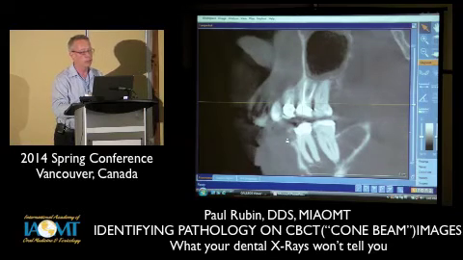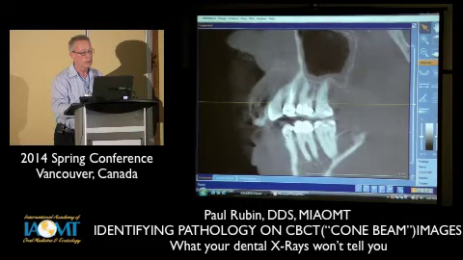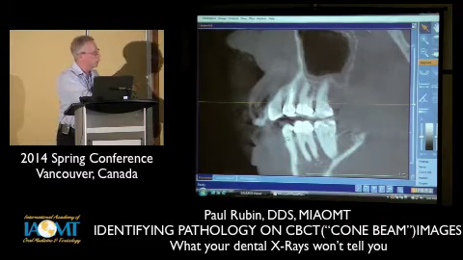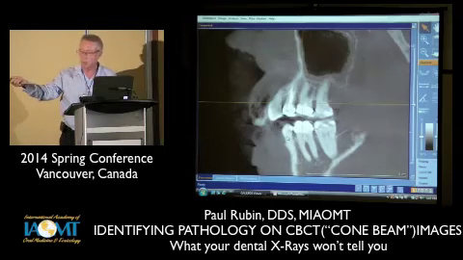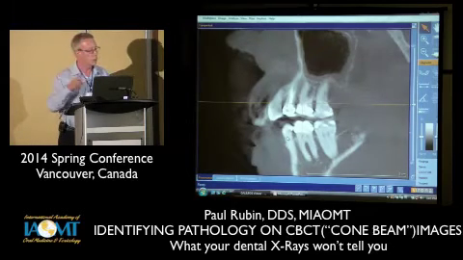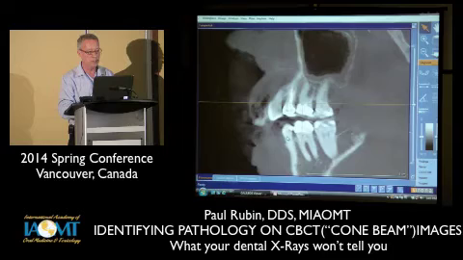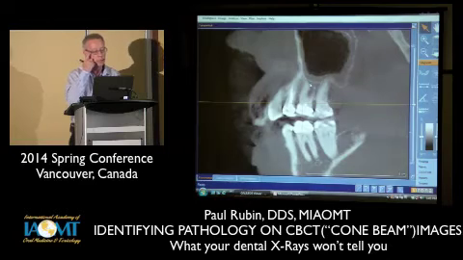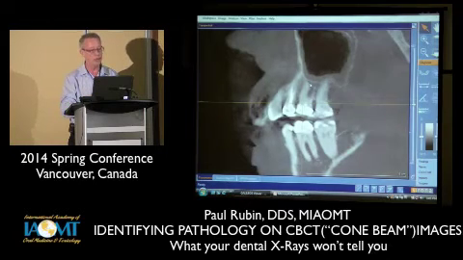If we look closer at a little bit different views, now we're going to see, I'll point over here, but I'm too sideways to be able to see where this is, but can you see my little arrow? Okay. See the little radiolucency there? It's pretty evident here. It wasn't very evident on the periapical view or on a panoramic view. Now we can look at where this same spot is